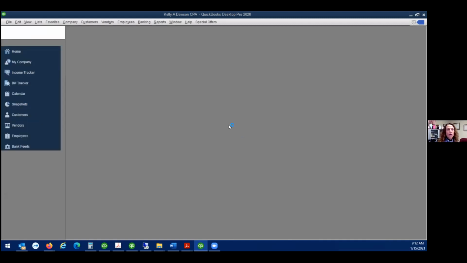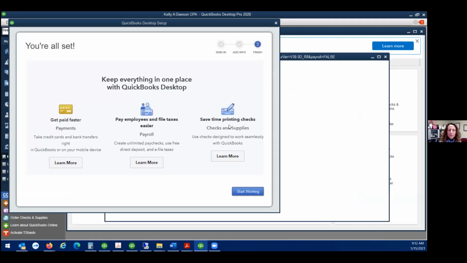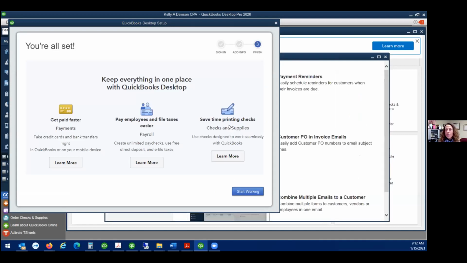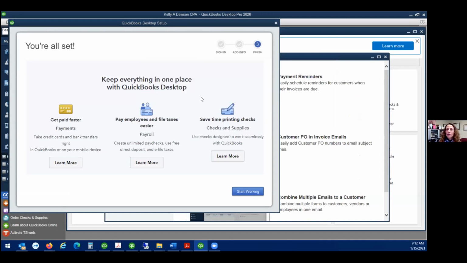Question: can you create multiple companies with one QuickBooks license? Yes, you can. You just keep creating as many as you want in there. That's how I use QuickBooks. I have probably 50 QuickBooks bookkeeping clients, and they're all on different versions. I'm glad you asked that question, because if you're working on a client and they use 2017,